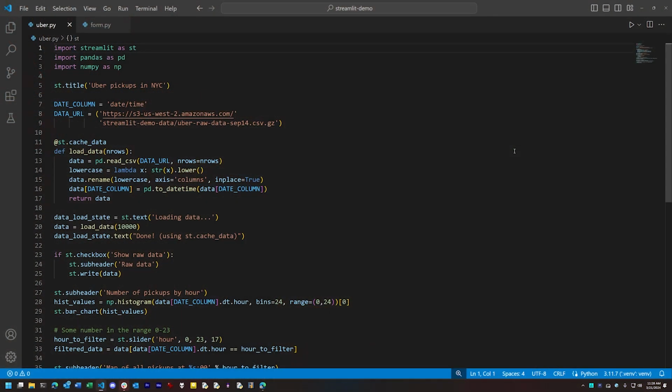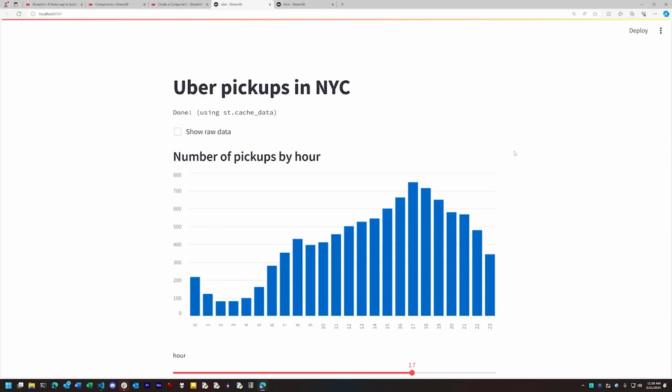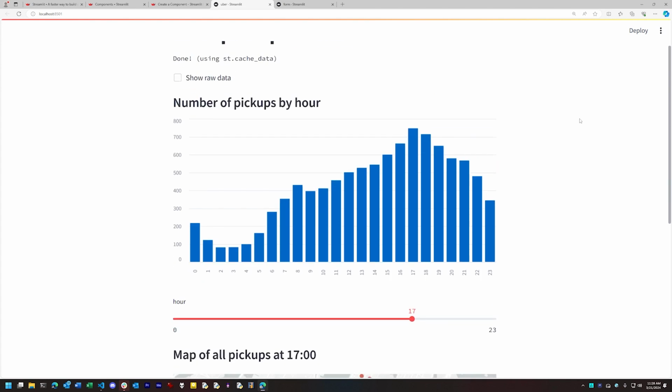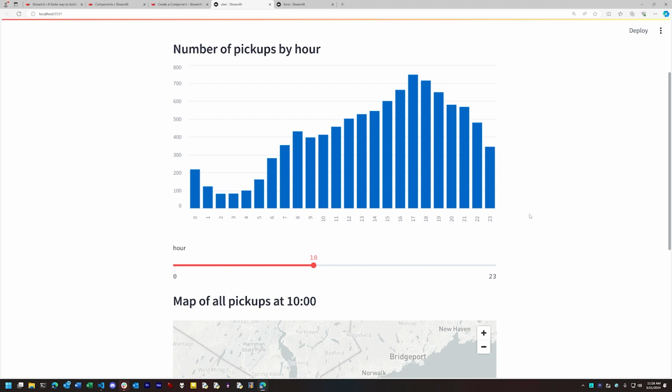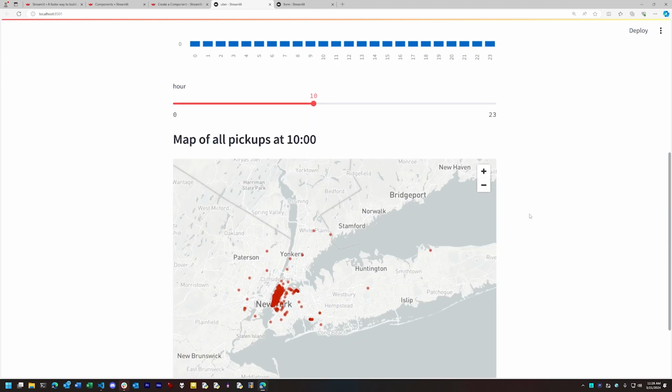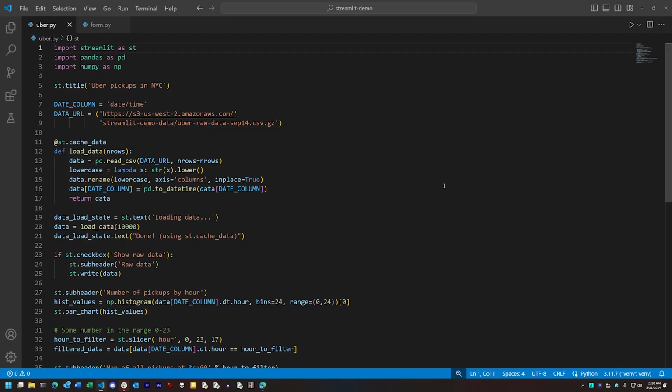To get a better idea of how Streamlit works, let's take a look at a couple of examples. This example here is one of the first you'll encounter in Streamlit's own documentation. It's a simple demo that lets you work interactively with a visualization of a dataset. In this case, Uber pickups in Manhattan on a given day, presented by hour. The first thing worth noting about the way Streamlit works is that it uses a highly declarative paradigm. The objects you render in your visualization show up in the order you declare them in your code.